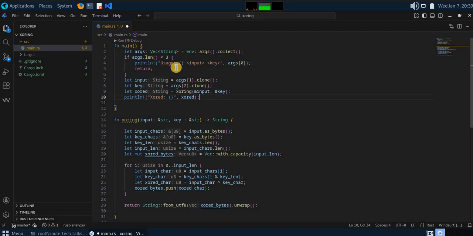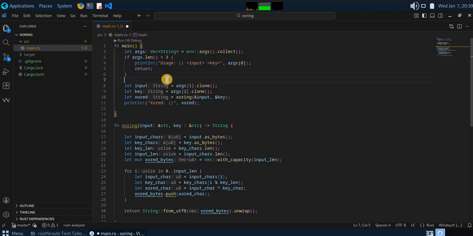So there should be argument 1 and 2. So the length will be 3 normally. If less than 3, we just print the usage, and argument 0 is your program name. So this is correct, and if it's not working, it returns, and if it works,